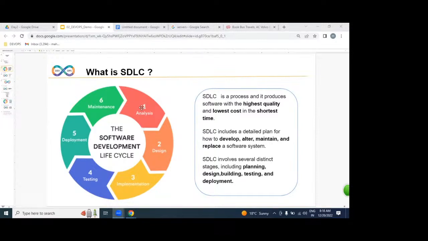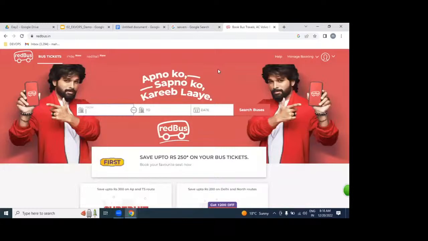Analysis is nothing but what? Gathering information from the client. For example, if you want to construct a house, we need to gather information: iron cost, cement cost, land cost, how much is required. Everything we need to gather. The same way, this is a travel business.